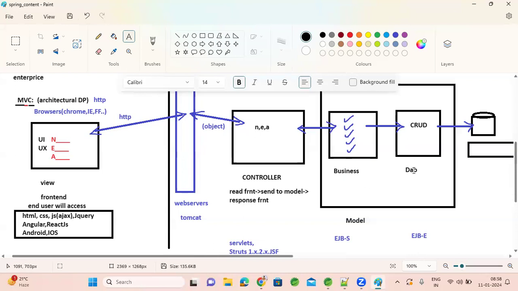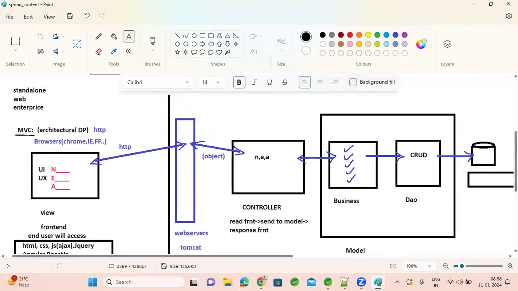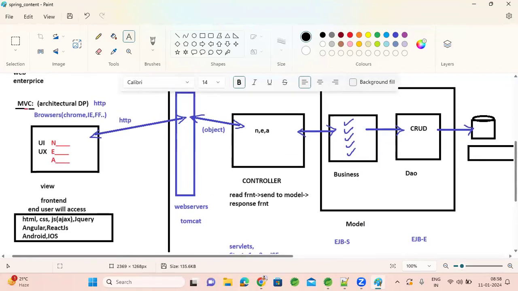By visiting the DAO package, I can understand all these classes are for database operations. If any change comes on existing pages, or the client asks us to add a new page, I can easily add a new controller, new business, and new DAO class. So your application stays easily maintainable with MVC architecture.